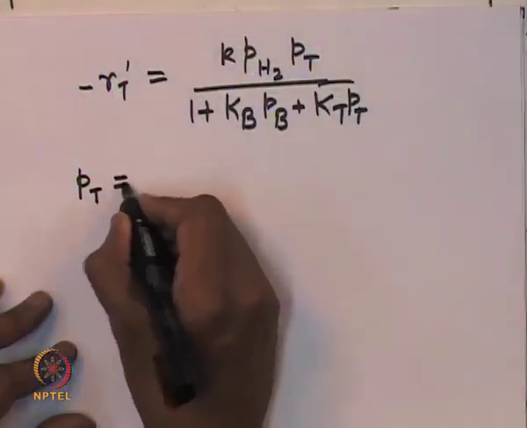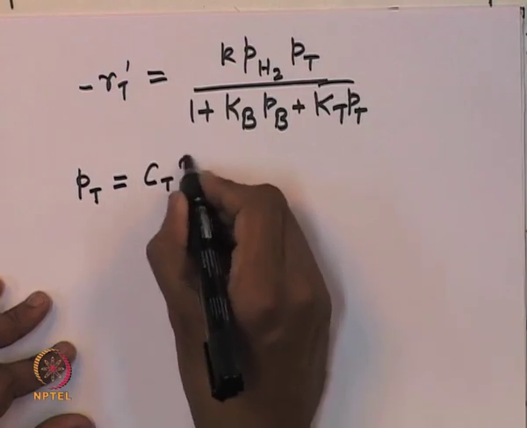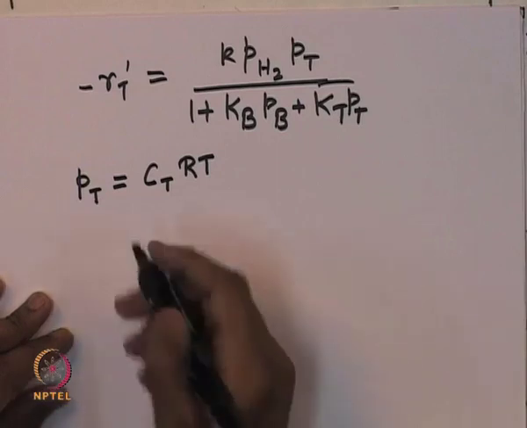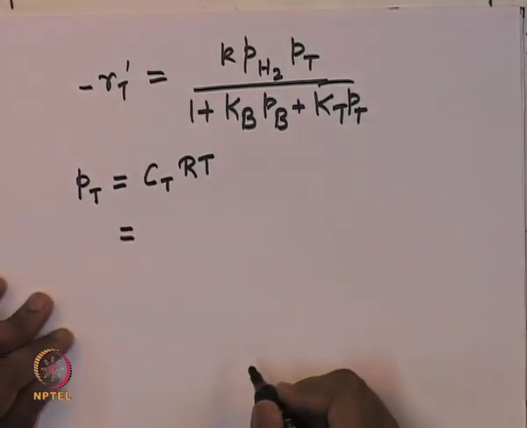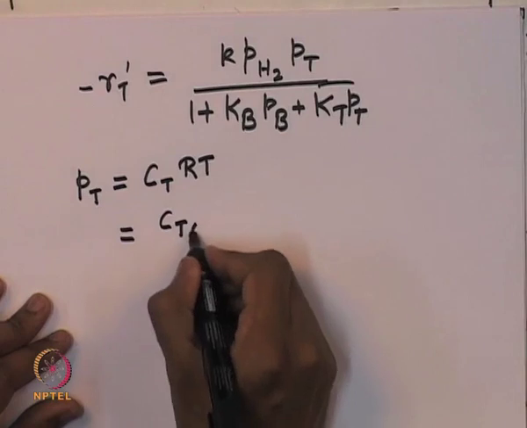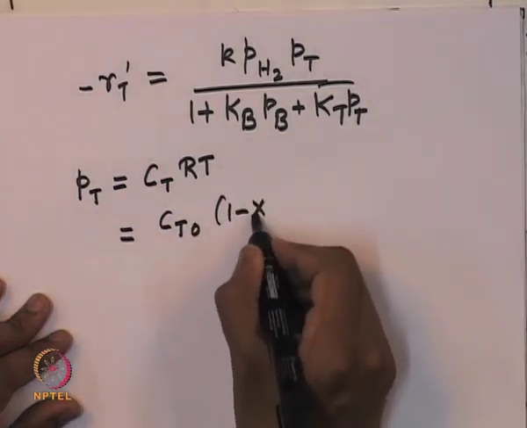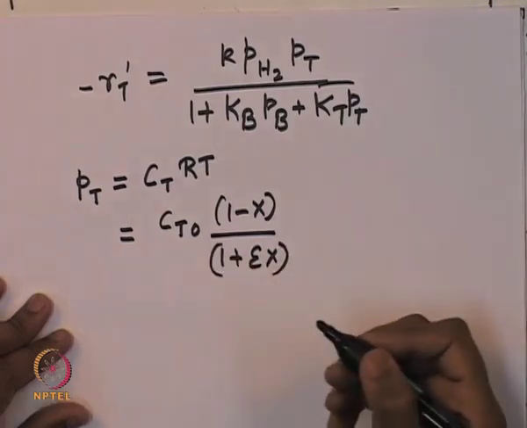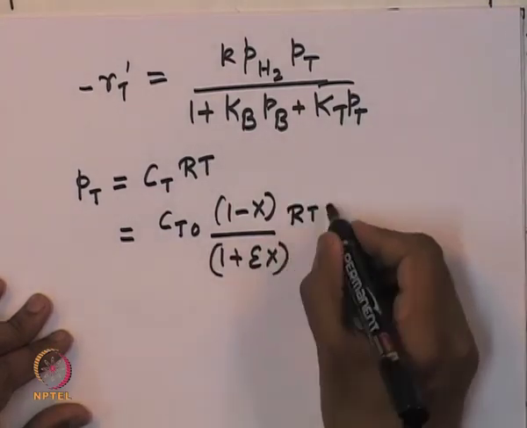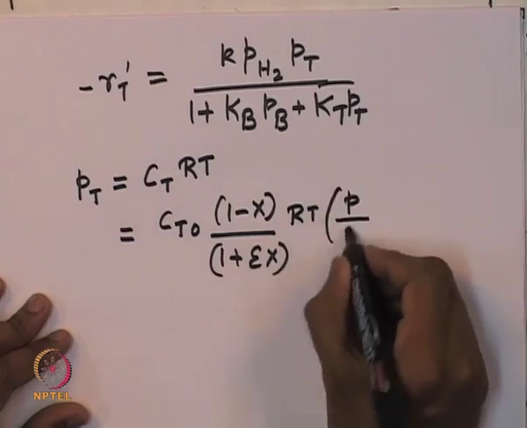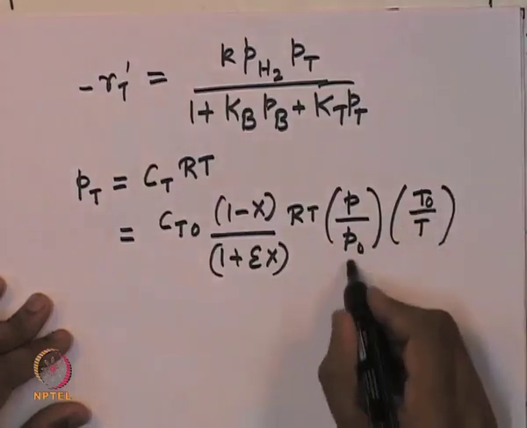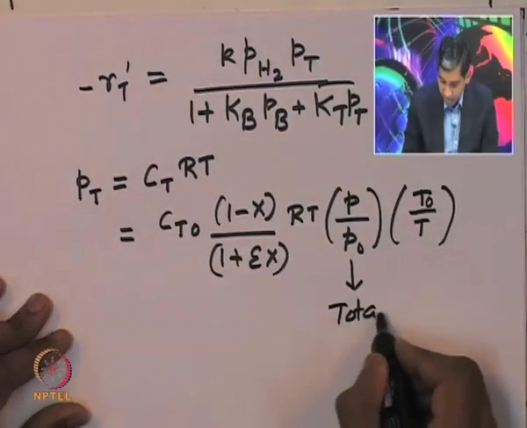So, the partial pressure of toluene is given by the concentration of toluene multiplied by RT using the ideal gas law, and from the stoichiometric relationship this can be expressed as C_T0 times (1 minus x) divided by (1 plus epsilon x), times RT, multiplied by P divided by P0, times T divided by T0, where P0 is the total inlet pressure,